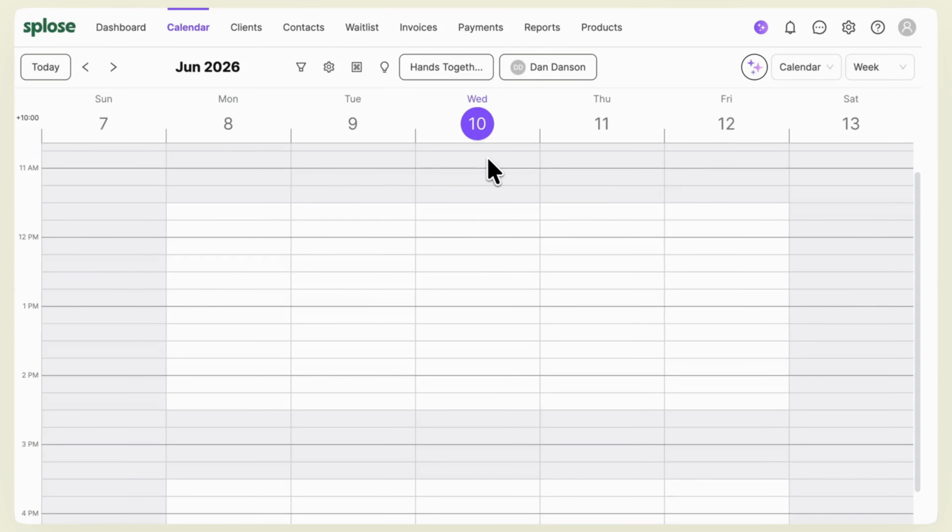Set up your invoices and payment methods in Splose so invoices can be processed from day one. Splose supports several options depending on how your practice takes payment. Before you get started, set up your invoice templates and they'll be ready to go the first time you need